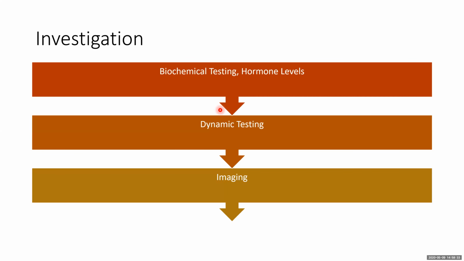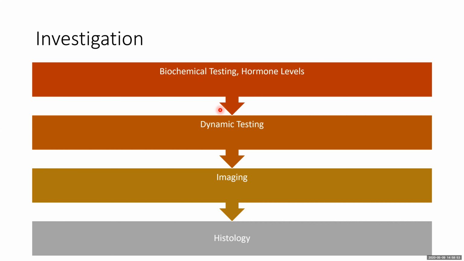Then comes imaging, and again imaging could be functional or static. MRI brain would be a static image, but an octreotide scan or a thyroid scan is a functional imaging in which active tumors take up the tracer and inactive tumors show as cold nodules, and this again is dynamic imaging. In very few cases we would require a histological diagnosis, particularly when suspecting malignant tumors, but most of